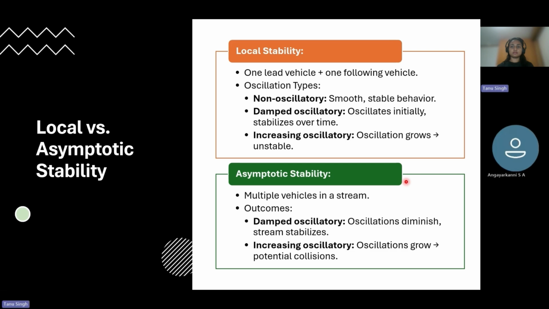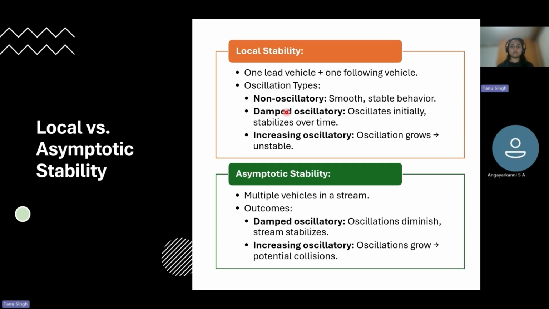So here firstly we go with local stability. Local stability considers just one lead vehicle and one following vehicle. Here we observe three possible oscillation patterns, where first is the non-oscillatory, where no oscillation is done, vehicle maintains smooth movement. The second is damped oscillator, where the